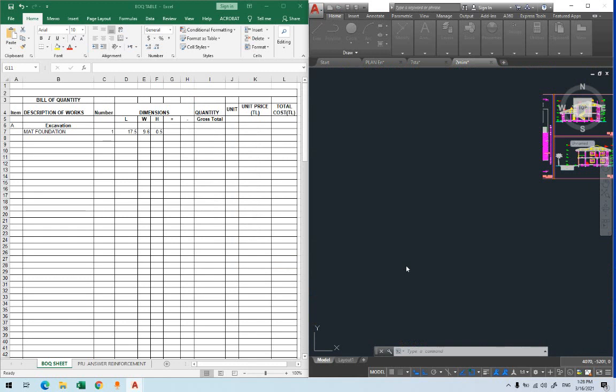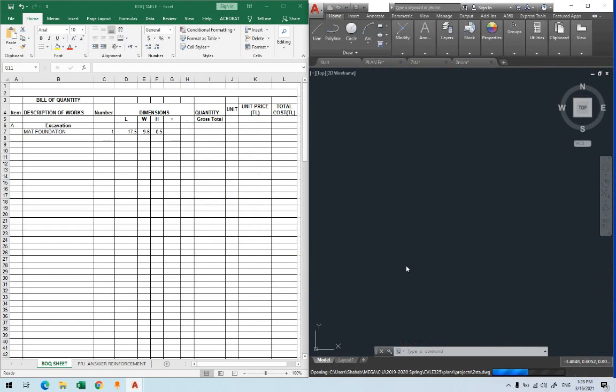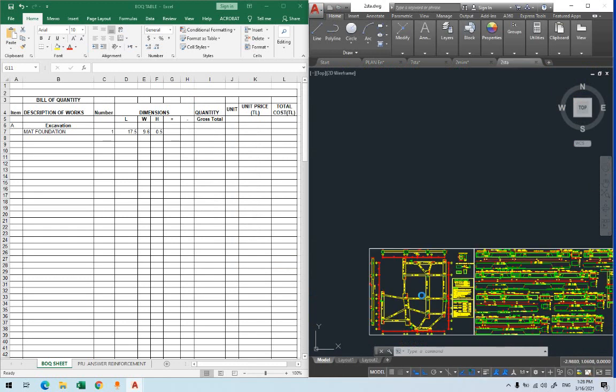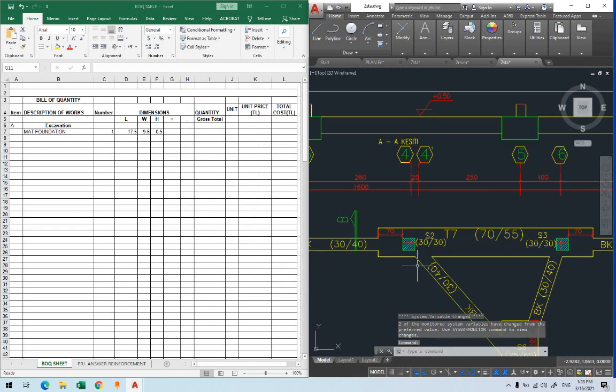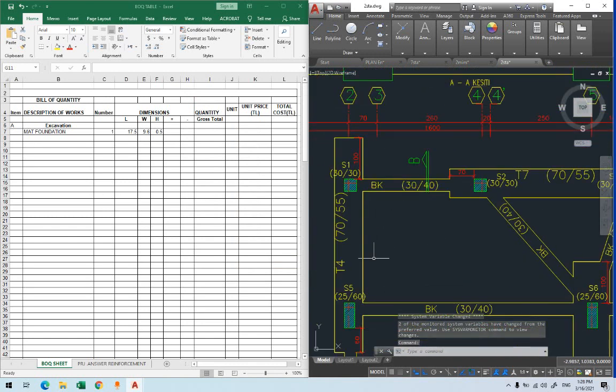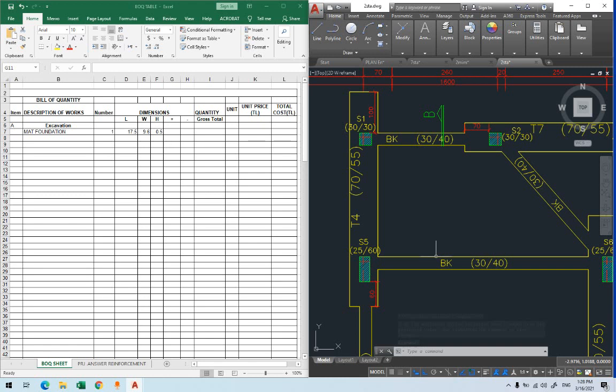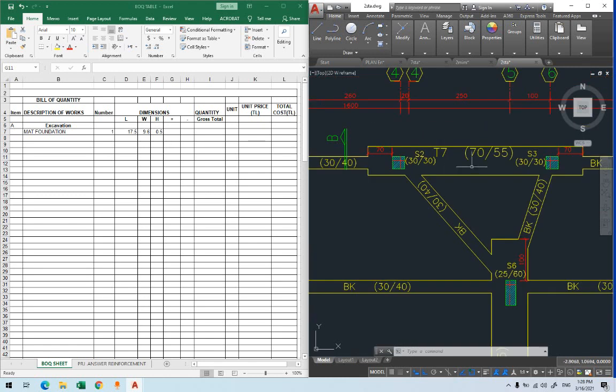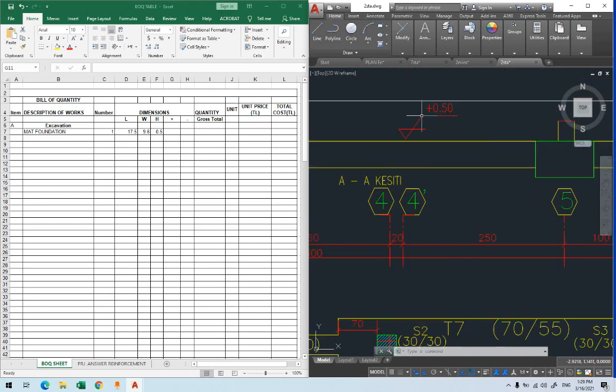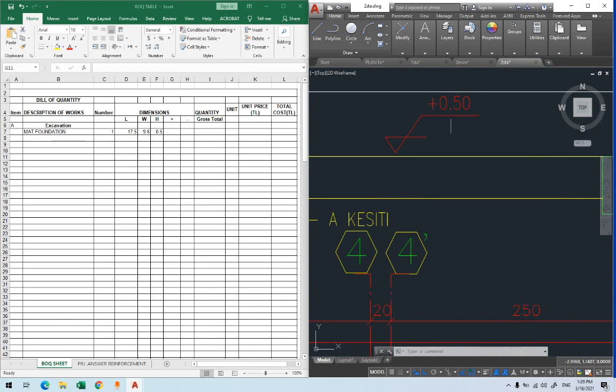Now this is not a raft foundation, but it doesn't matter, it's a combined footing, like this is T4, there is another one T7, a combined footing, and BK will be the ground beams. But again, I'm looking for this one. Let's say I'm talking about the height first. Plus